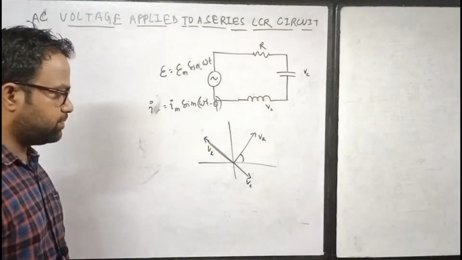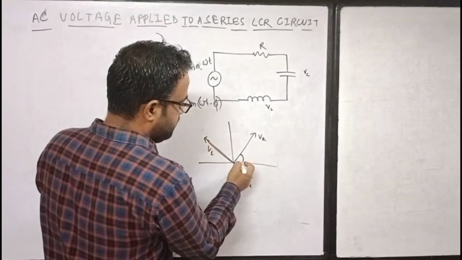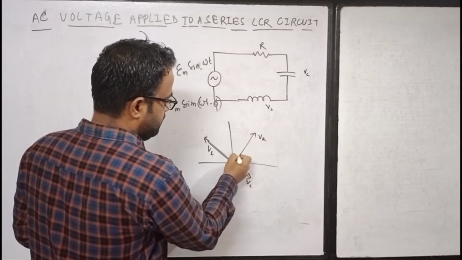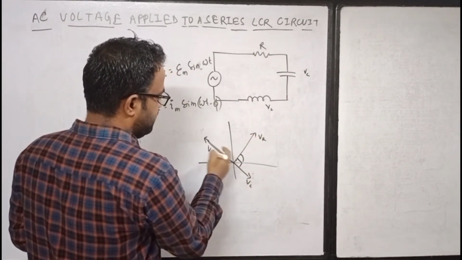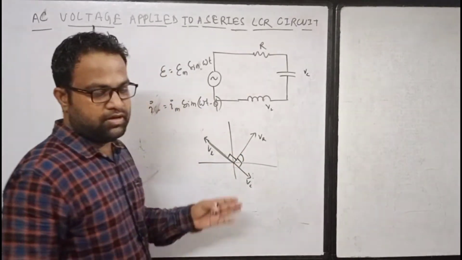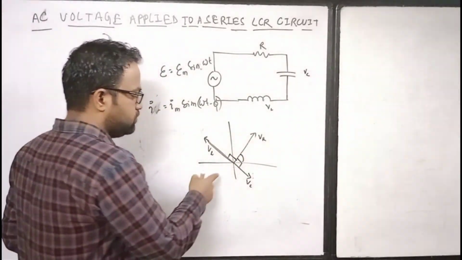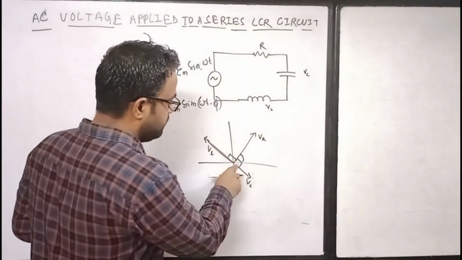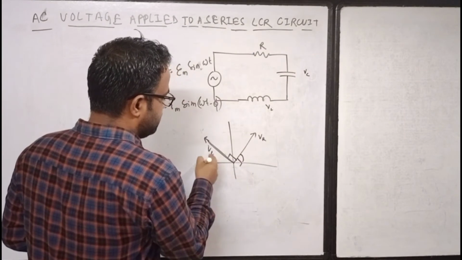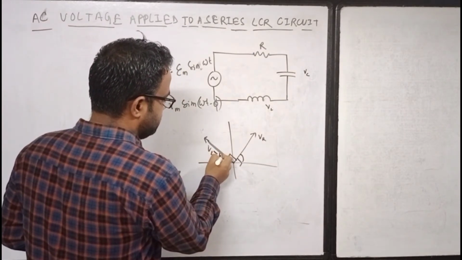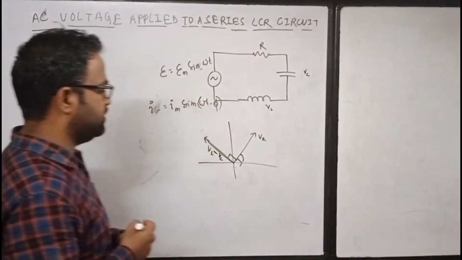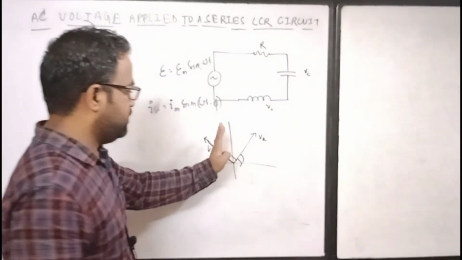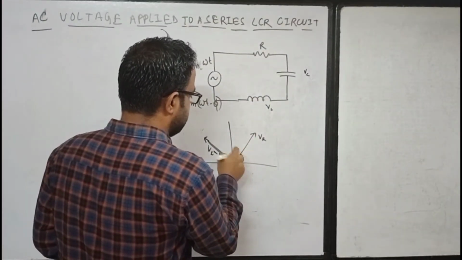VC is lagging behind and VL is leading by 90 degrees, so because they are opposite in direction, the resultant you can write as VL minus VC, right? So the resultant of these two vectors,